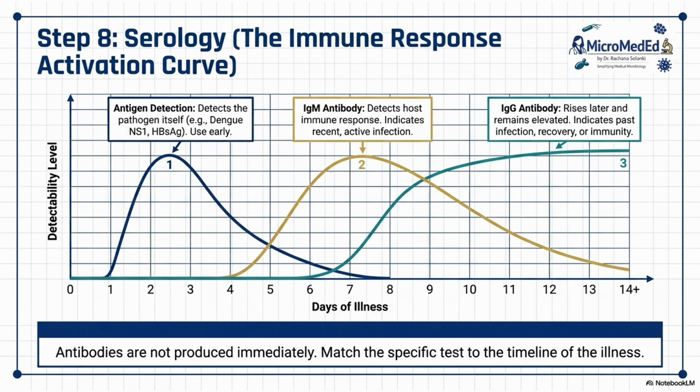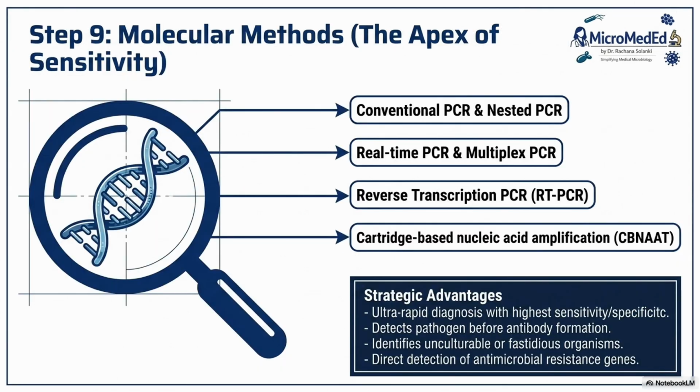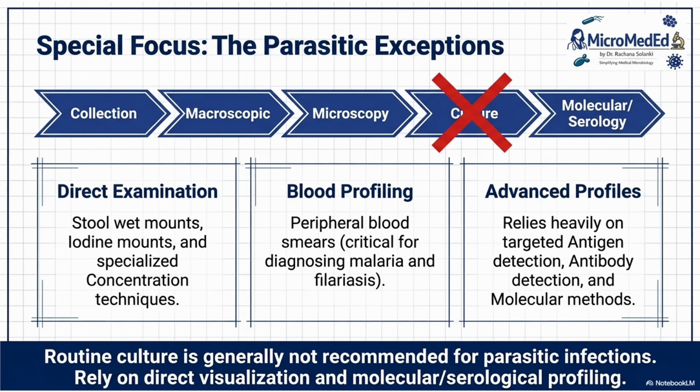Okay, understood? Let's go with the molecular test. Molecular test, again, can be helpful for diagnosis of all infections: bacteria, virus, parasite, fungal. Conventional PCR is there, nested, real time, reverse transcriptase. And most importantly, molecular tests are useful for the diagnosis of tuberculosis. So in tuberculosis you have to remember TrueNat, CBNAAT, line probe assay, because these are frequently asked in your viva as well. And you should also remember their advantages and disadvantages.